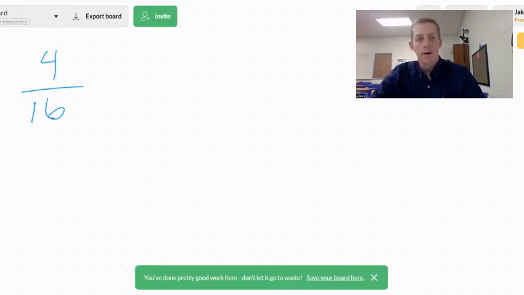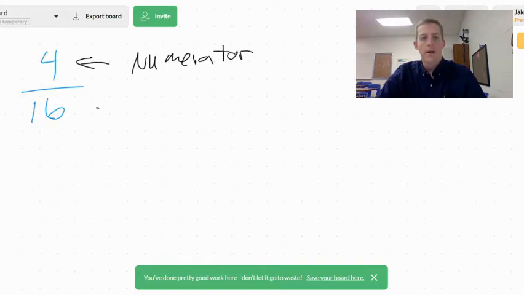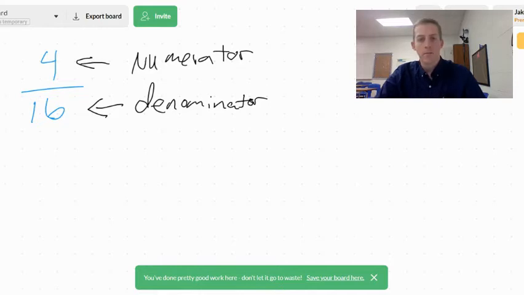Now remember, up here, I'm going to do a different color. Up here, this is called your numerator. Pardon my handwriting. And down here, that's your denominator. Spelling might be wrong on those, but forgive me, I'm a math teacher, not an English teacher. You can also reduce this, of course, down to, I think it's 1/4. But that's essentially,